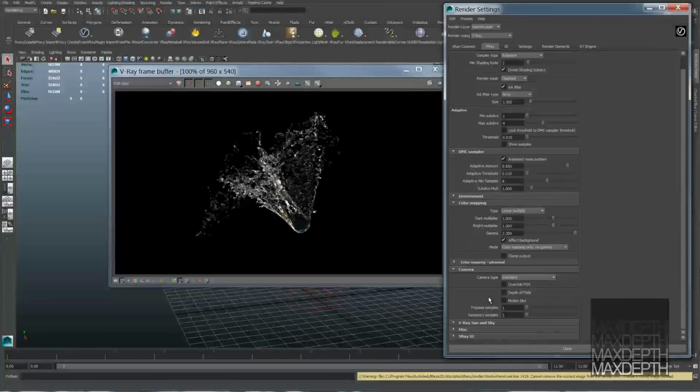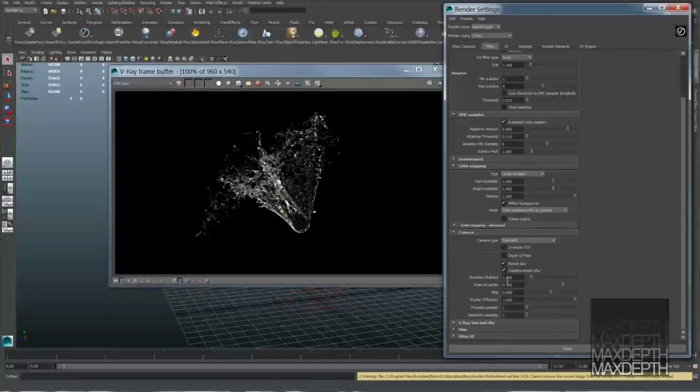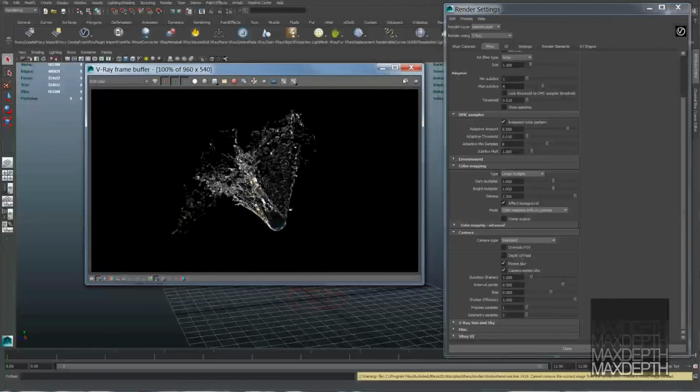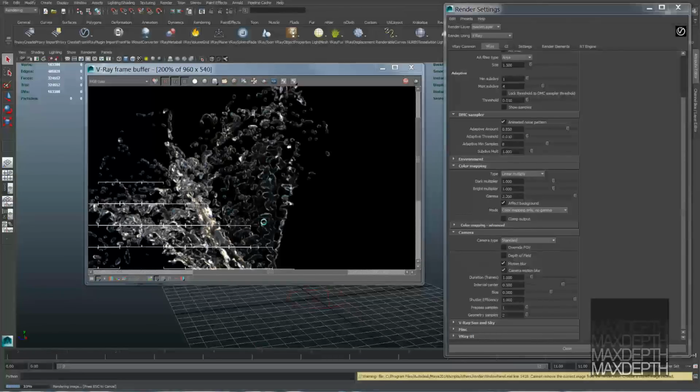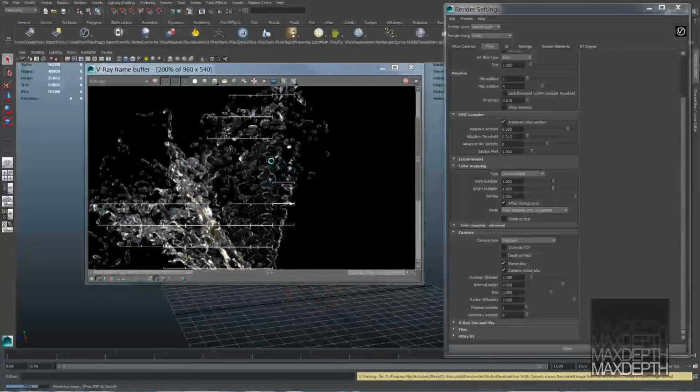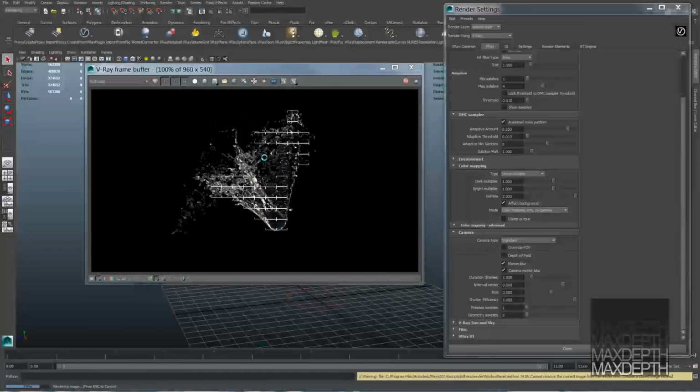So the first thing we want to do is let's activate our motion blur, and we'll leave it pretty standard, but this is where we're going to find the error in the pipeline cache Alembic workflow. Now you'll see we've turned on motion blur, and as it's rendering through, you'll see that there is no motion blur being calculated at all. It will render an identical image whether you have motion blur turned on or turned off when importing Alembics through